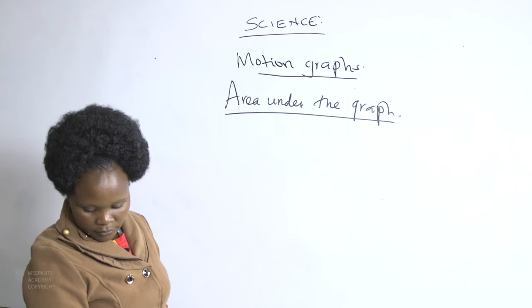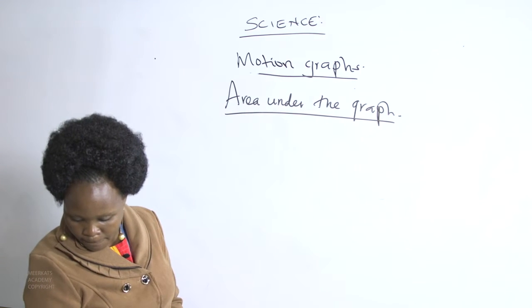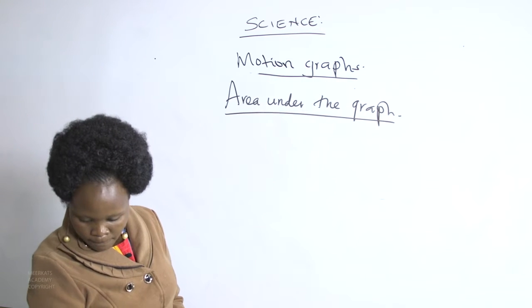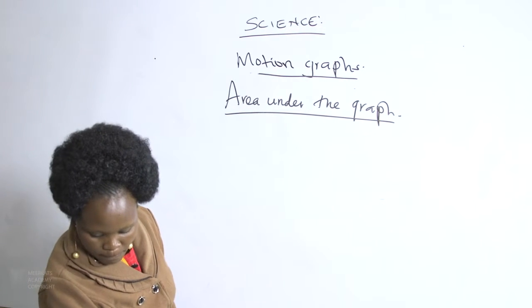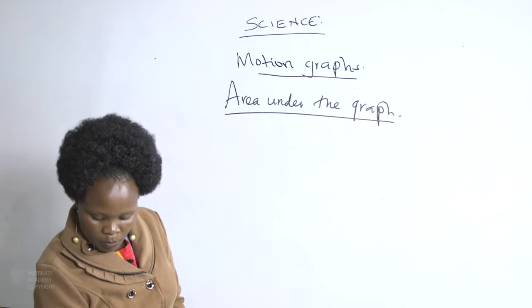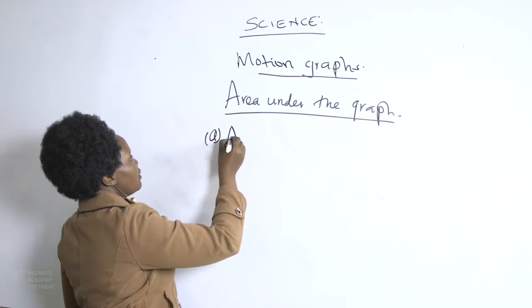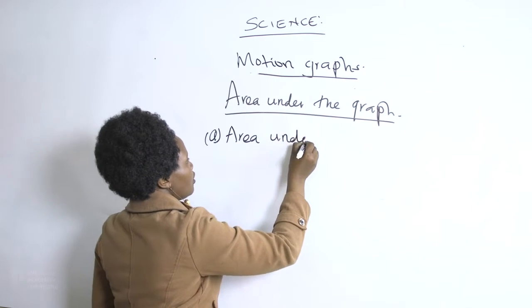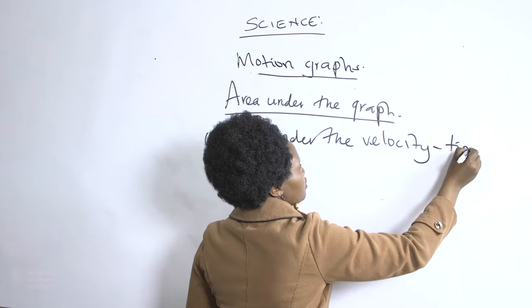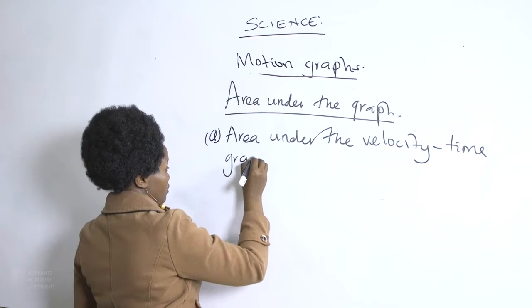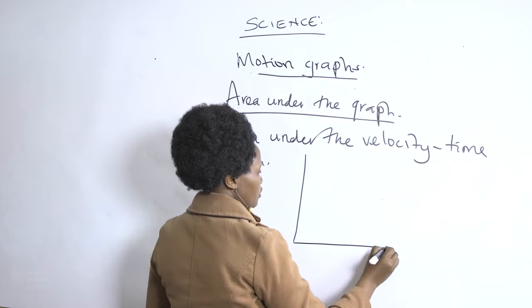And on area under the graph, we look at the area under a velocity time graph, and we shall have to show it